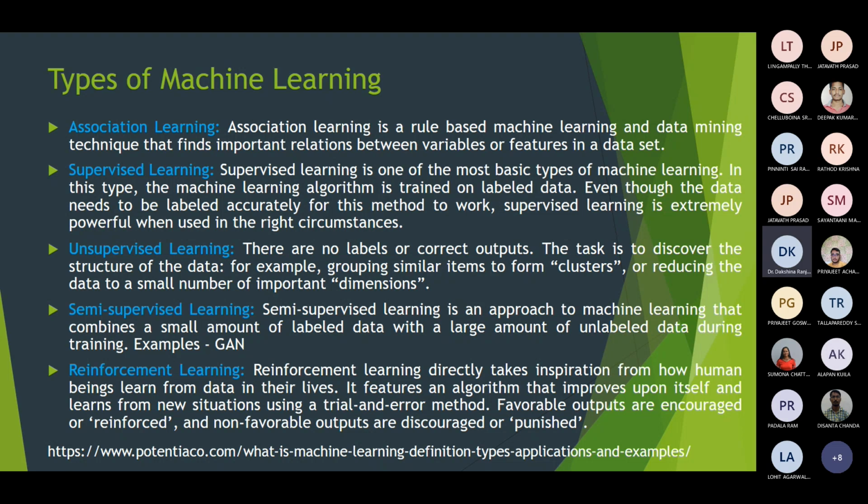And the next learning approach is unsupervised learning. Here we don't have the label data, but we only have the input feature vector, or the relevant data set over which the unsupervised learning system works. Now the task of this unsupervised learning algorithm is to discover the hidden pattern of the data.